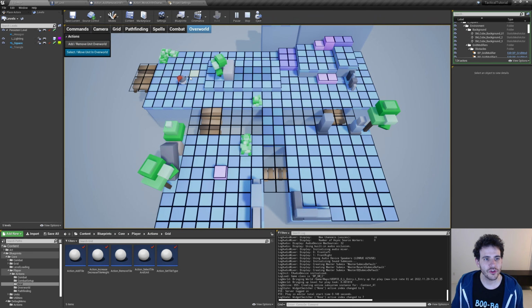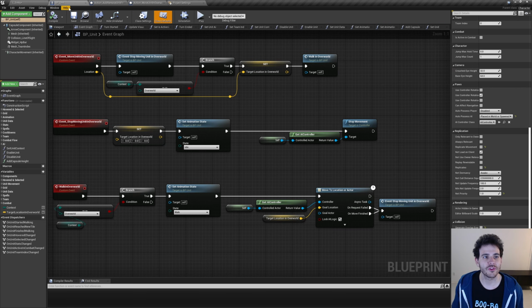So I'm just gonna place another unit and try again. I'm going to move my unit on top of this. Oh, it doesn't work either. Why? Okay, that's not good. And the reason why that happened is just because the unit doesn't know that it can go on top of those steps. The nav mesh is aware that the units can go on top of those steps, but the unit itself doesn't know. So yeah, that's just a little bit annoying, but we have to go change that inside the